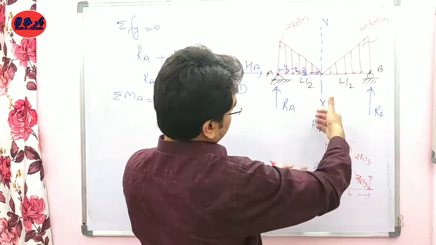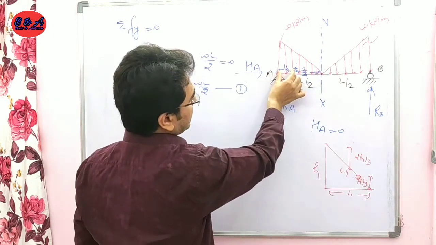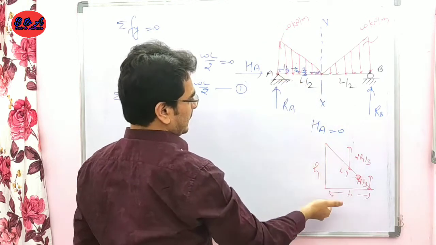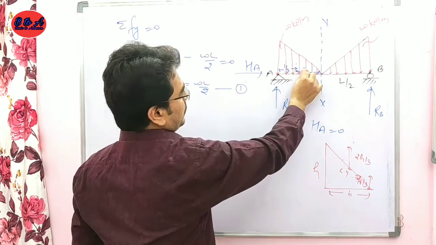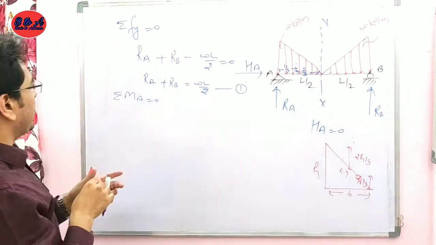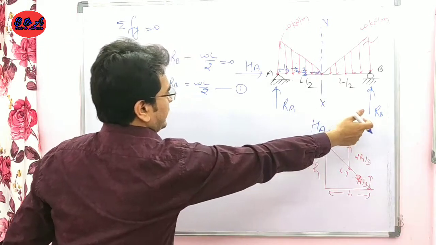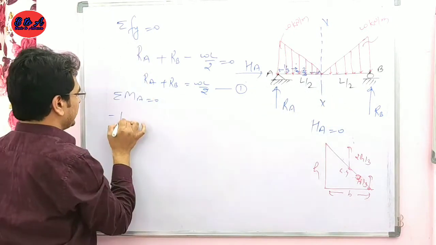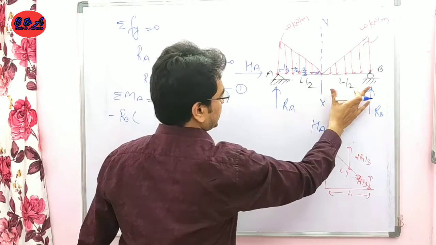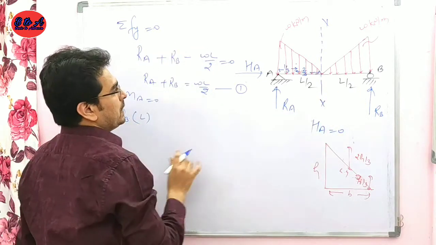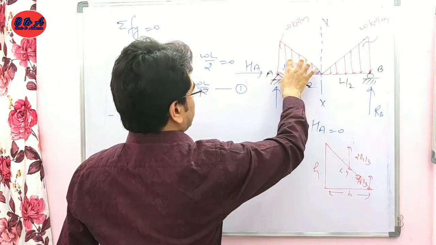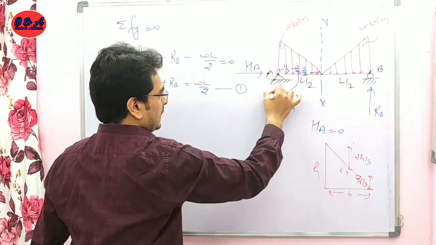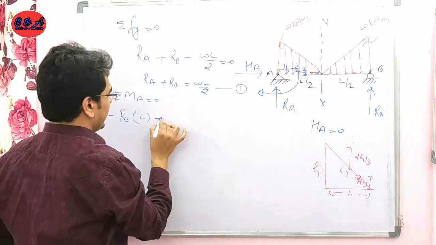Now I have shifted this triangle into this shape, so the CG will act at a distance of 1/3 of L/2 from this end, that is from the base, and from the top at a distance of 2/3. चलिए अब अप्लाई करते हैं इस चीज के लिए। Now this RB will provide the anti-clockwise moment about this point, so I will take it as negative, minus RB multiplied by the distance. This is the L. Now I am calculating with this. So this triangle will provide us a clockwise moment, so I am taking it as positive.